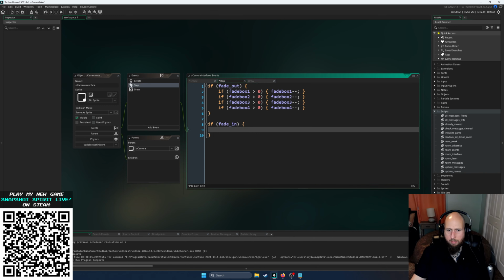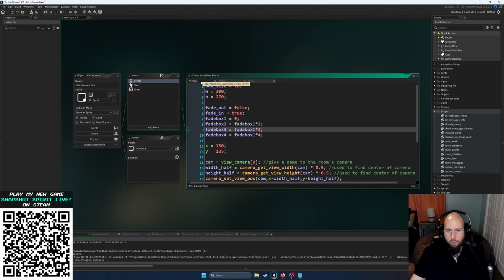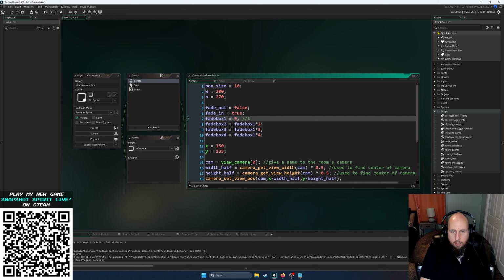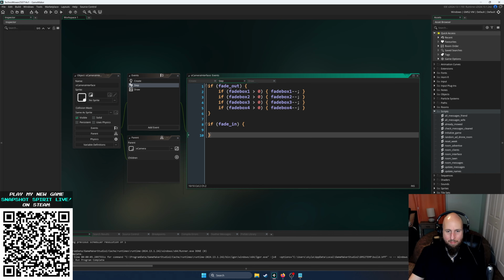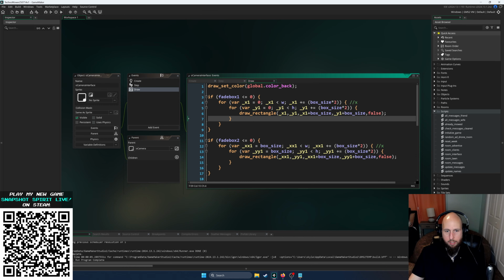So I think I'm going to have to do a different set of code. See if we can keep these same timers though, just for convenience, right? Total frames it takes for one set of boxes to get from. I'm going to sneeze. Oh no, I don't want to sneeze on stream. So the first timer will actually